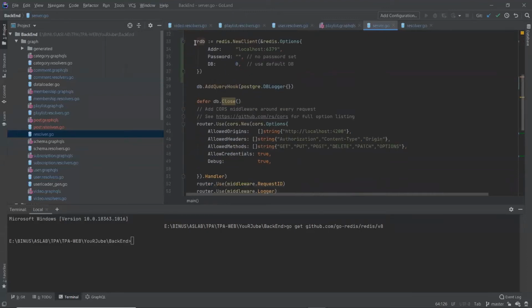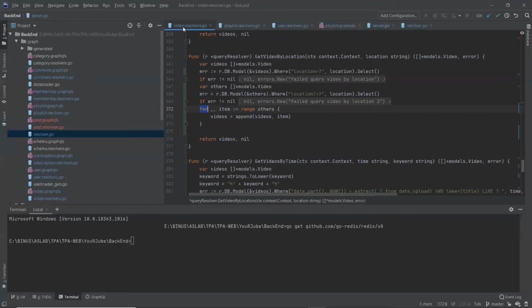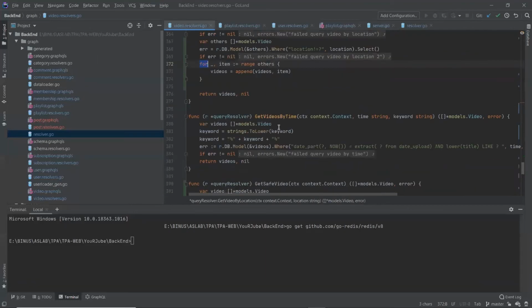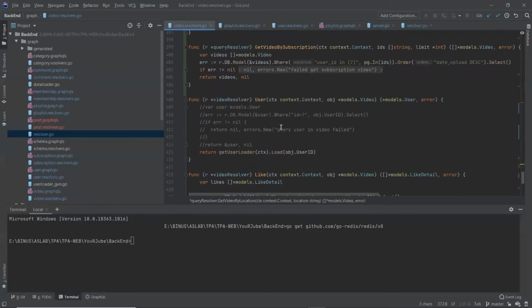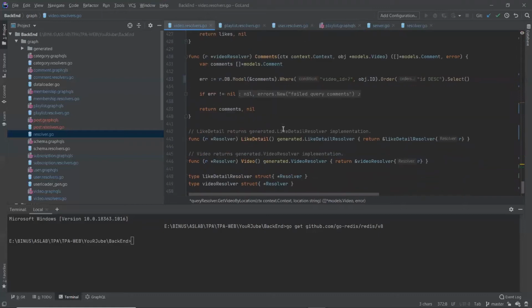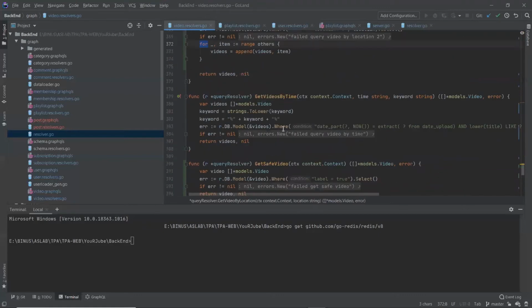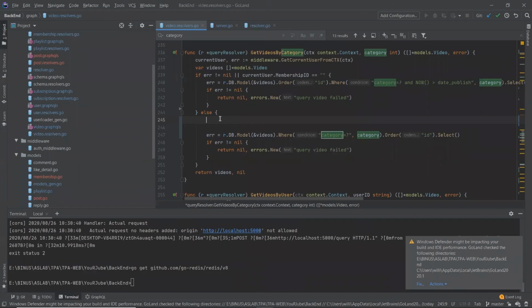So for example, in our video resolver.go, I will use this Redis service in my get video by category. First, we're going to check if our Redis contains our data first.